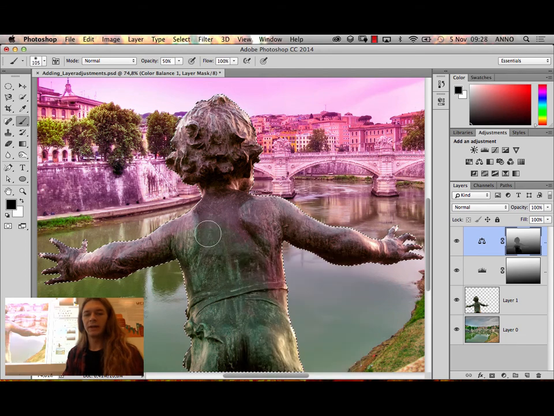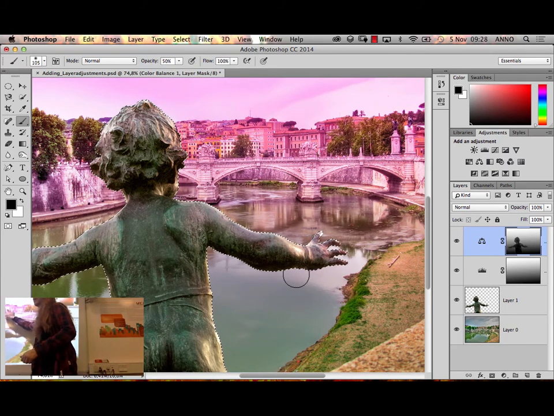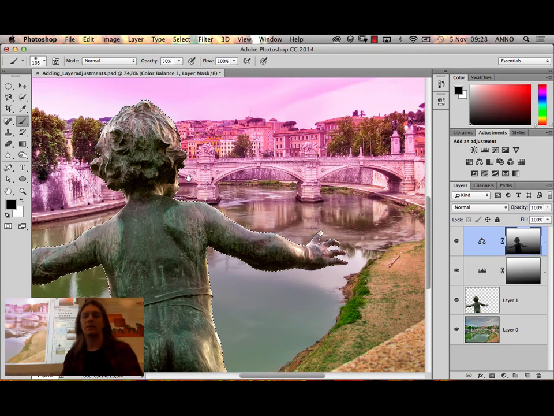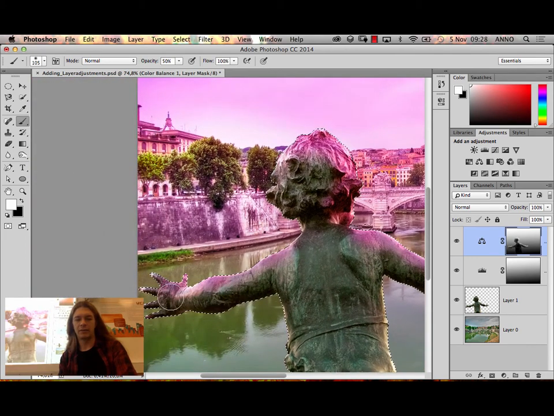Okay, so that means actually now we can make a gradual transition, especially if the hardness is set very low. So here you can actually smoothly paint your way through the figure, deciding which areas should be affected and which should not. Kind of like just letting some areas be affected by the purple, perhaps some areas which you think is more towards the coloring in the background, perhaps the edges. You want the top edges right here to be purple, but none of its back. Well, then you can actually just switch with X between. If you took off too much, you can just put some in again by switching to white, and then afterwards switch to black again and start just changing it a bit again